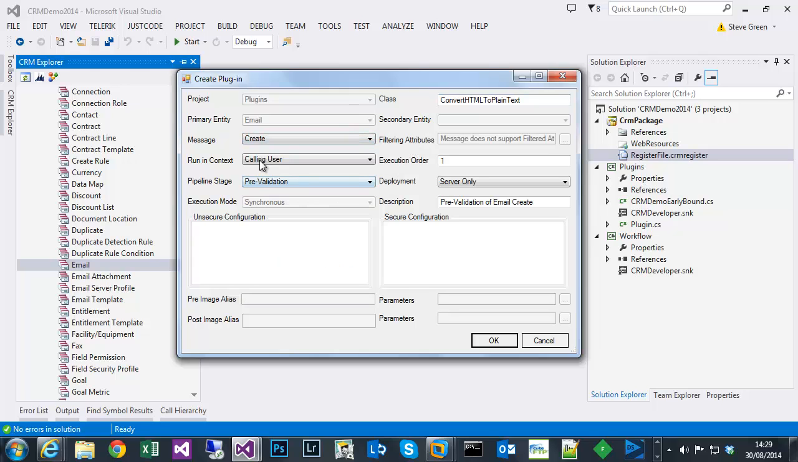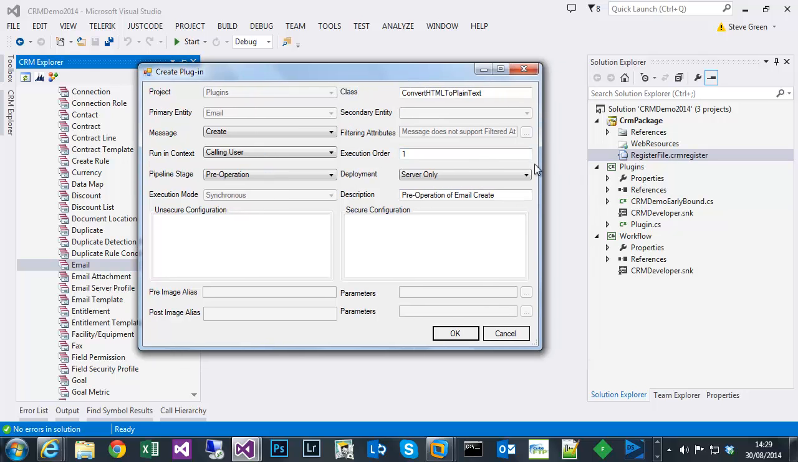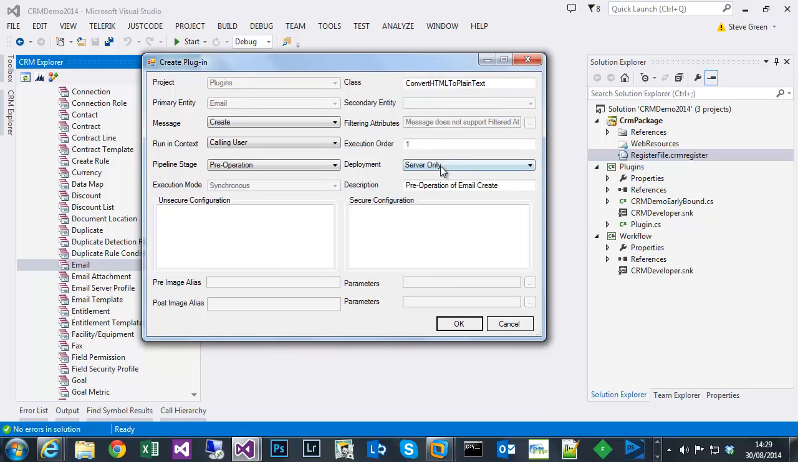It's on a create of an email in the context of the calling user, and the pipeline stage will be pre-operation. So as the message is being written, or prior to it being written at stage 30 of the main operation, we'll alter the content of the description, and then that will get written at the next stage without us having to do any service.update, or if you're using LINQ, a save changes. Server only deployment, it doesn't matter about execution, or if it's the only one in my environment that's registered, so it's not going to have a bearing on it. So if I OK that,